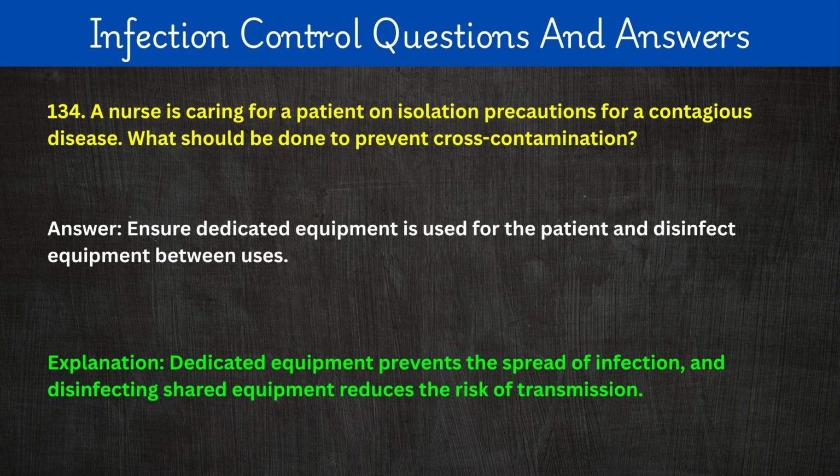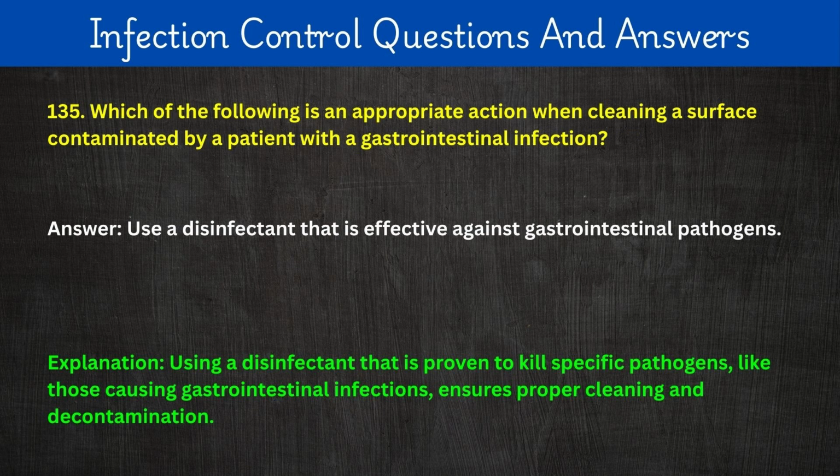Explanation: dedicated equipment prevents the spread of infection, and disinfecting shared equipment reduces the risk of transmission. 135. Which of the following is an appropriate action when cleaning a surface contaminated by a patient with a gastrointestinal infection? Answer: use a disinfectant that is effective against gastrointestinal pathogens. Explanation: using a disinfectant that is proven to kill specific pathogens, like those causing gastrointestinal infections, ensures proper cleaning and